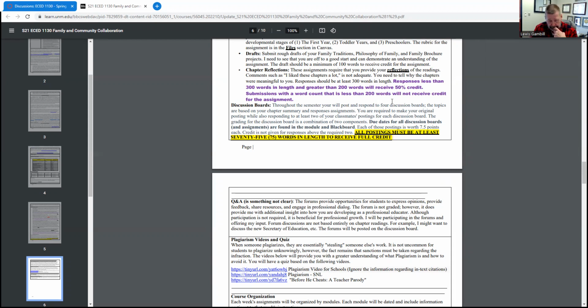receive full credit. Now, the reason I have it split, where I'll say Wednesday night, I have to have the initial posting by 11:59 p.m. Wednesday for your up to 15-point credit, is because historically I would just say, okay, discussion boards have an original post and responses to your classmates.